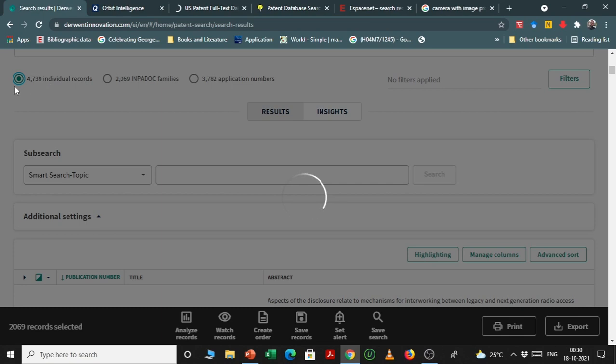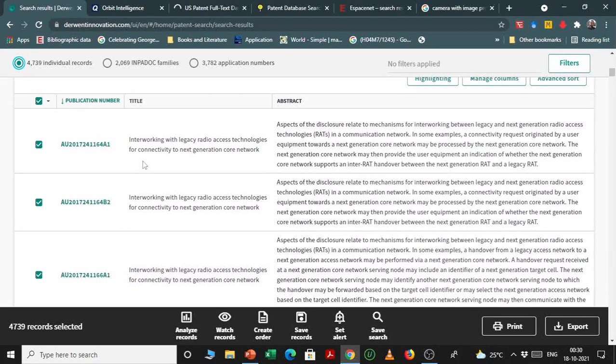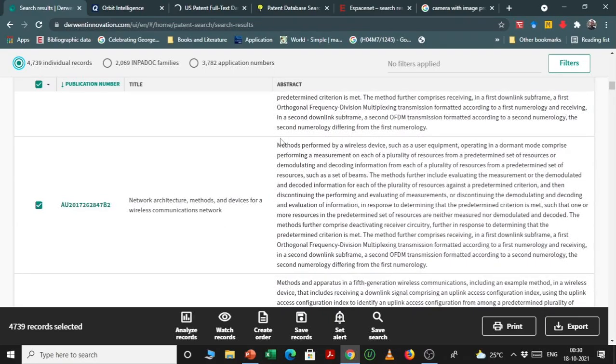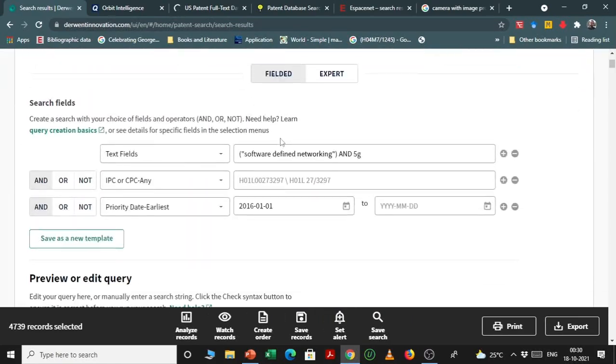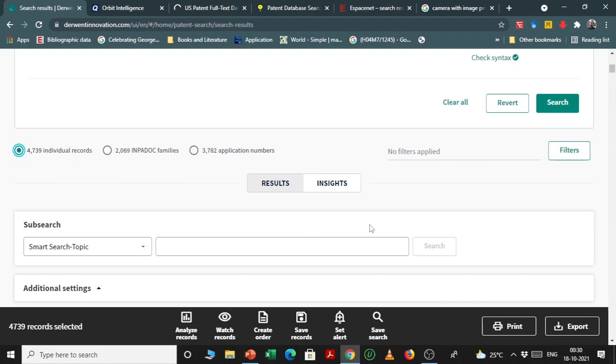You can see all those 4,739 individual patent records, open any of them and read about it. This tool is very interesting, and it also provides various types of insights related to the topic.